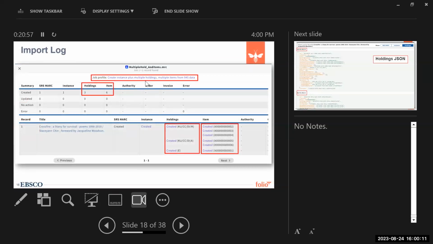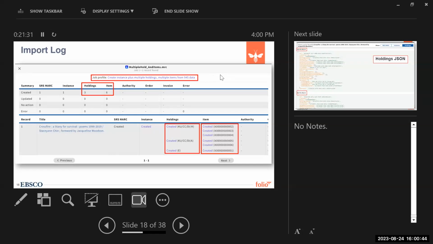The other place we made big changes was in the import log. And this, keep in mind, is one record. If we had multiple records, you'd see a lot more data. We also made one other change, which is that the job profile that you used to import this file is now displayed at the top of the log and is a hot link in case you want to go double check. And there's a change that Kathleen showed where if the file has been broken into pieces, you'll also,